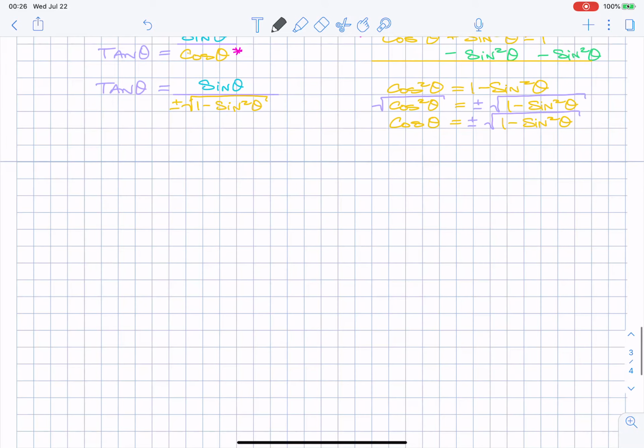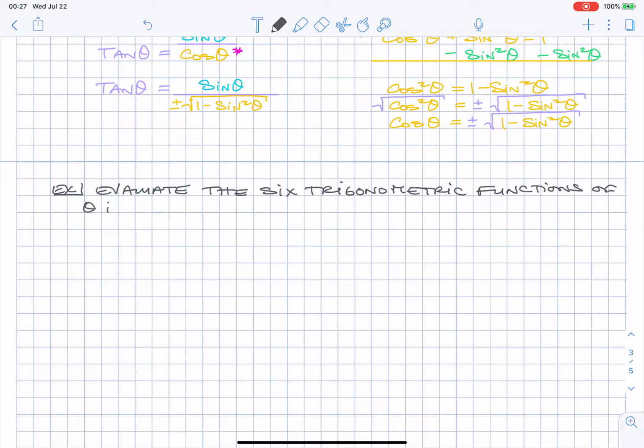Let's do evaluations now. So for example, let's evaluate the 6 trigonometric functions of theta in the following examples: